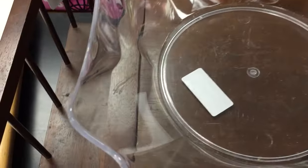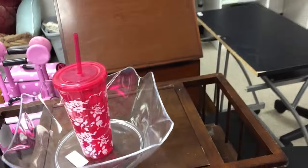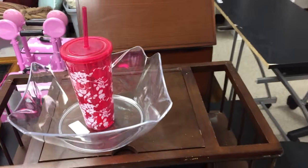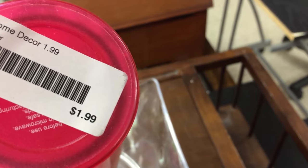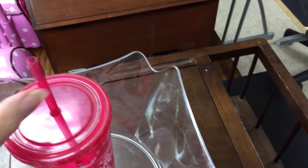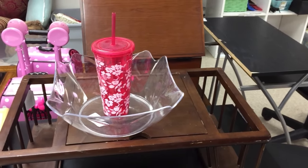But what if you got a water drinker? Now, do you see what I see? I could either go that way, or I can turn it upside down. But here's the thing. Look what we've got with this. Now this is $1.99. I've already got the straw now. I can cut that to the length that I want, attach that to my solar fountain, and we're done,